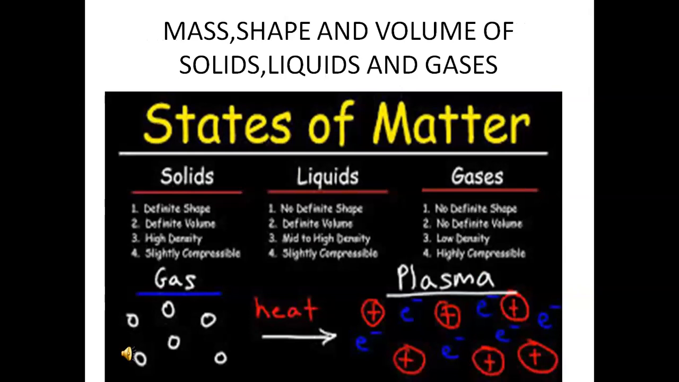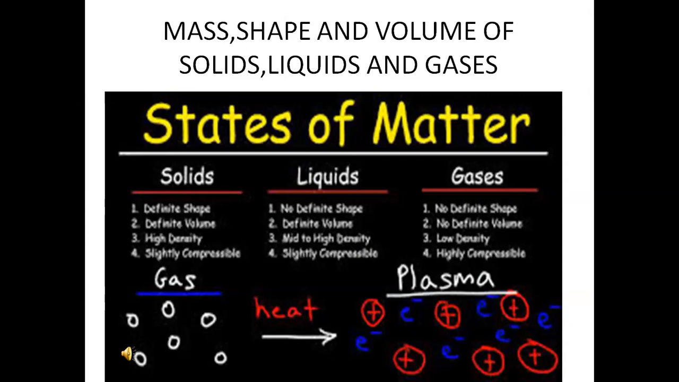Next, mass, shape and volume of solids, liquids and gases. States of matter. Already we know that there are three states of matter: solids, liquids and gases. Solids have definite shape and definite volume, high density, and are hardly compressible. Next, liquids: no definite shape, but definite volume,